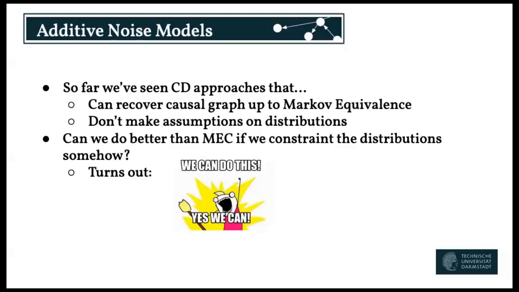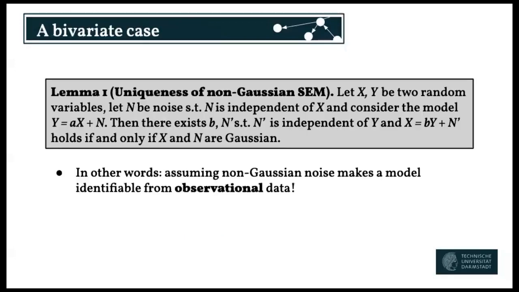And we will see, yeah, I don't want to call it an easy example because it could be a little bit confusing in the beginning, but I hope you will manage. So if we look at a bivariate case, then we have the following lemma, which tells us that if we assume non-Gaussian distributions as noise,